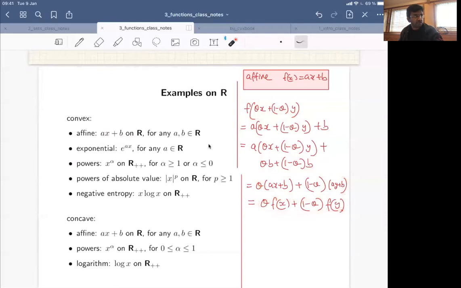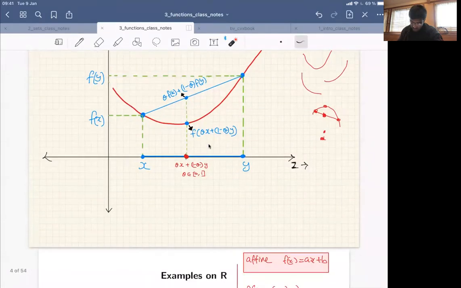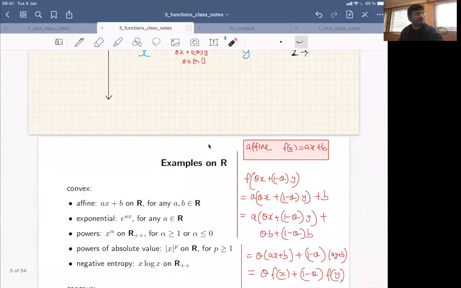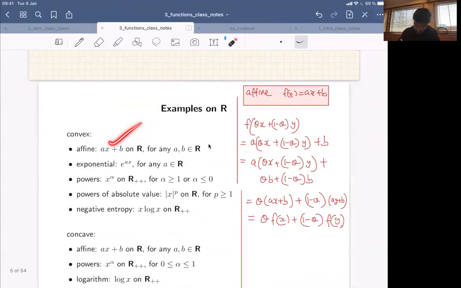So then will it be convex? Yes, right? Because it fits into this definition. But then what is the definition for a concave function? It will be this, right? So then will it be concave? Yes, right? So this is the only function which is both convex and concave. Okay, so this is one function, and there are some other